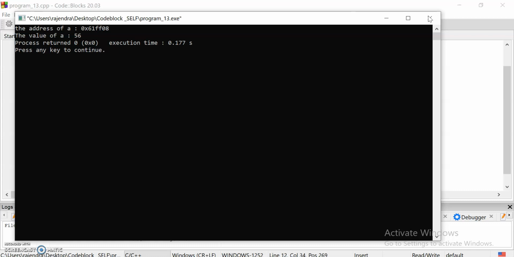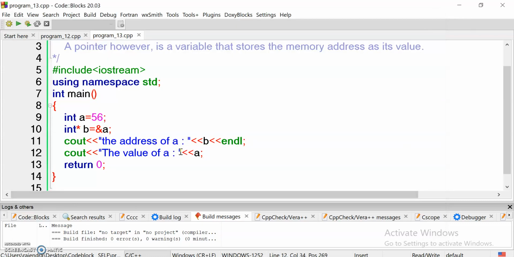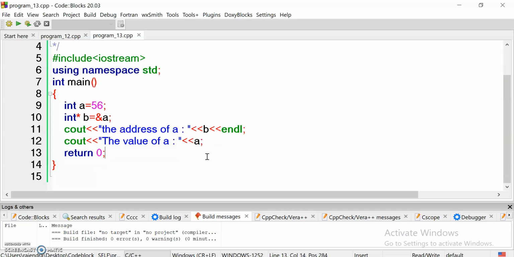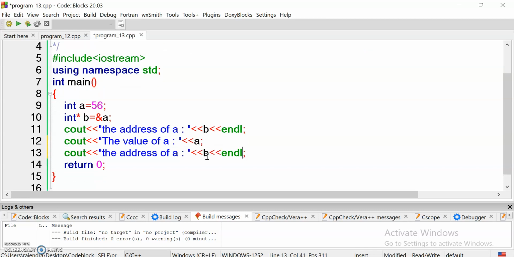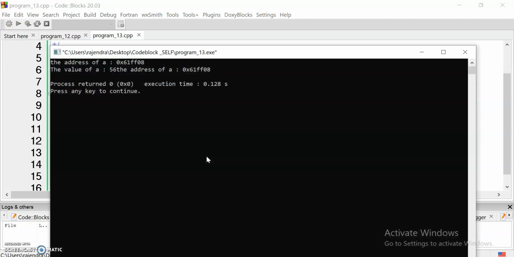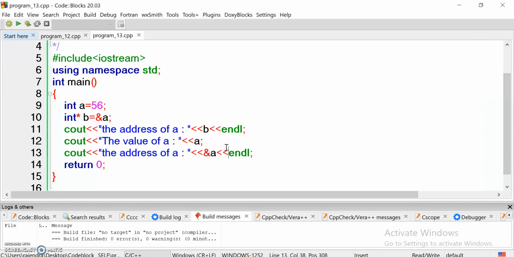But I can also do this without making a pointer: I just write here the address of a, then it also works. It gives me the address of a. See here, the value of a is 56, the address of a is this, and also this, both are the same. So this is how you can take the address of any variable.